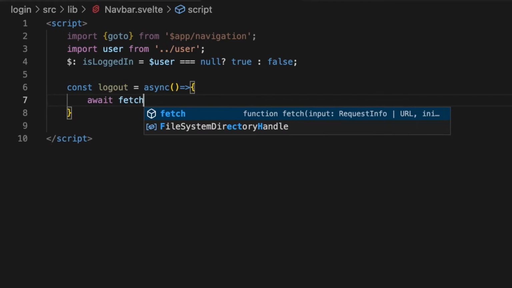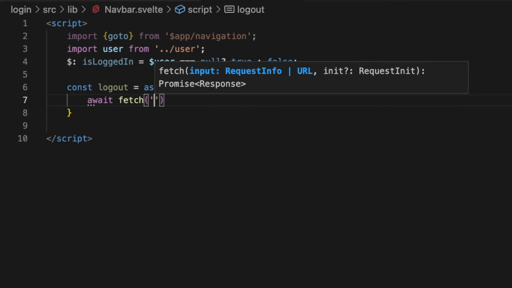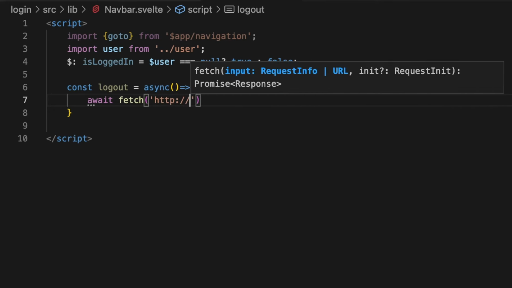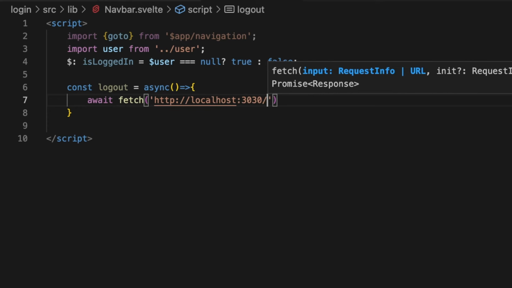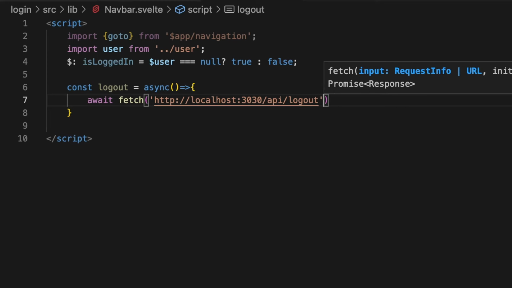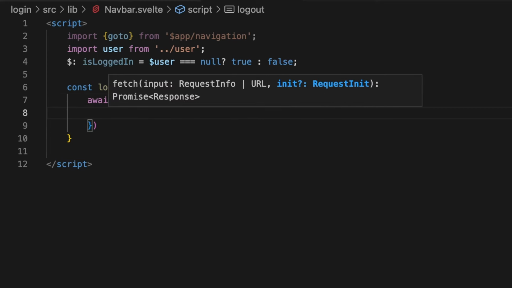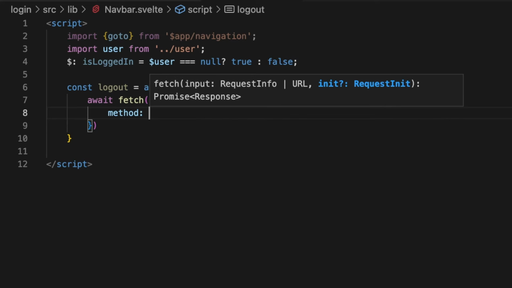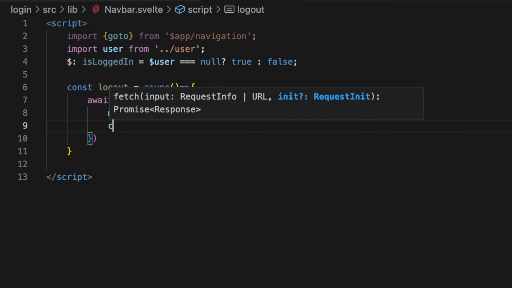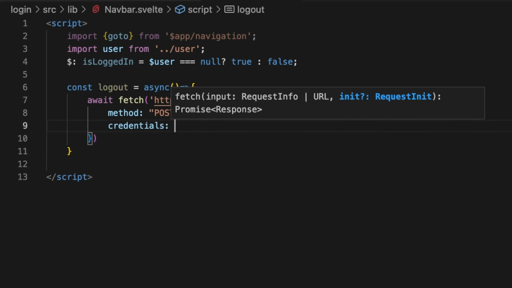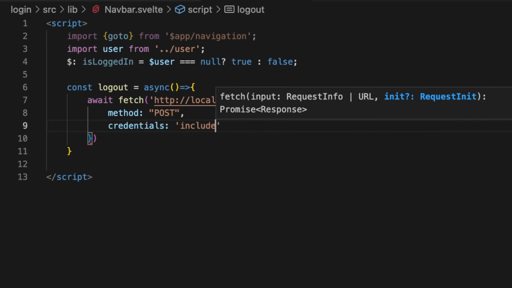Await fetch http://localhost:3030/api/logout. This is going to get rid of that cookie. And it's going to be a method of post, credentials include,